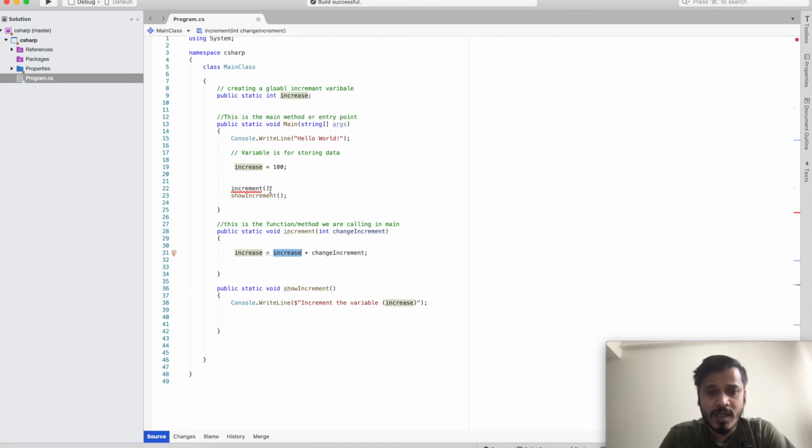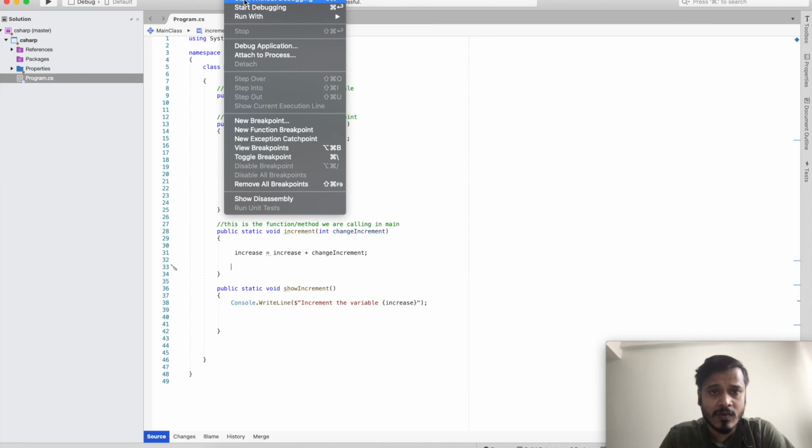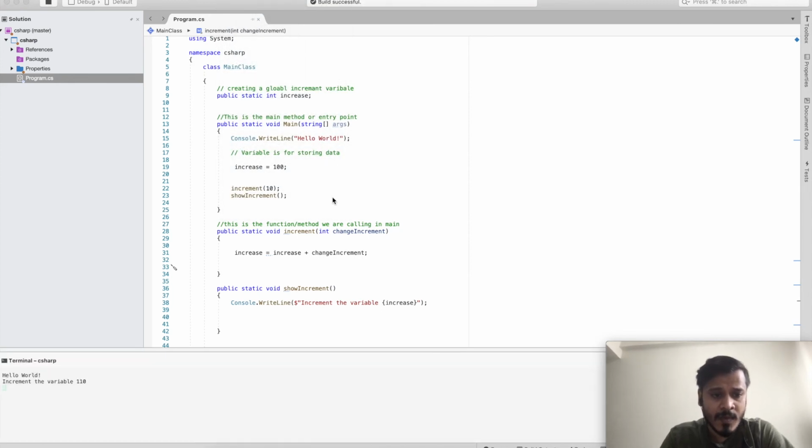But since I'm calling it here, I haven't input any value. So I will just add a parameter, maybe 10. As we can see now, the error is gone and the red line is gone. If I try running this again, start without debugging, we can see this increment is done, this is added, and it is working fine.